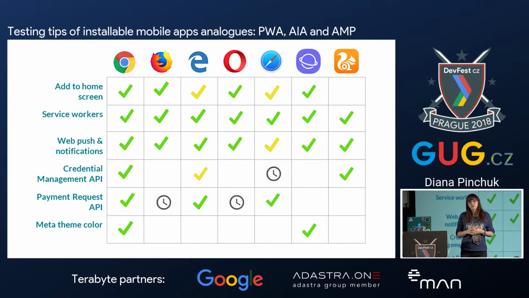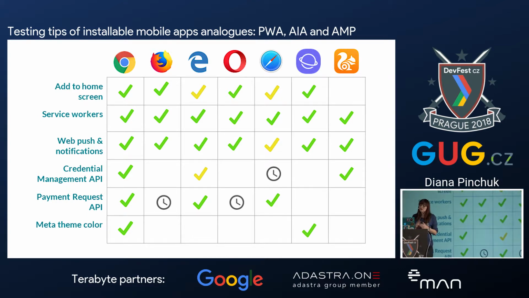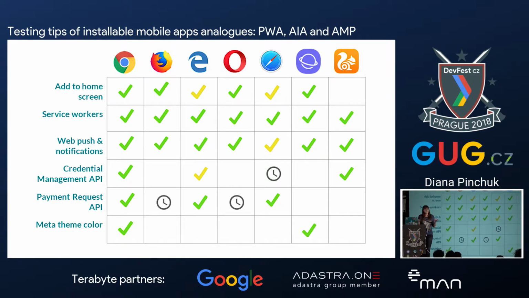As you see, there are a lot of features accessible for progressive web apps, including push notifications, credential management, and even a payment API. And all of them, of course, are accessible in Chrome, but people use different browsers, not only Chrome. For example, Safari is working on a payment API and so on.